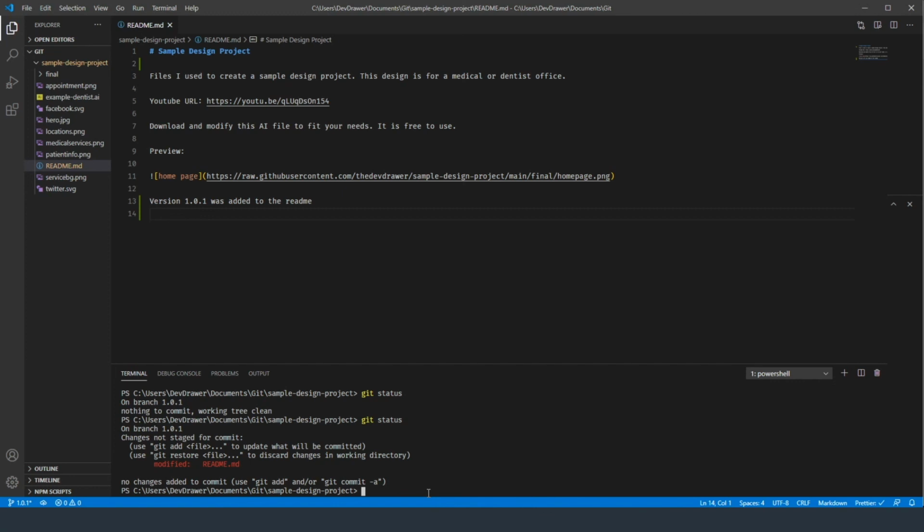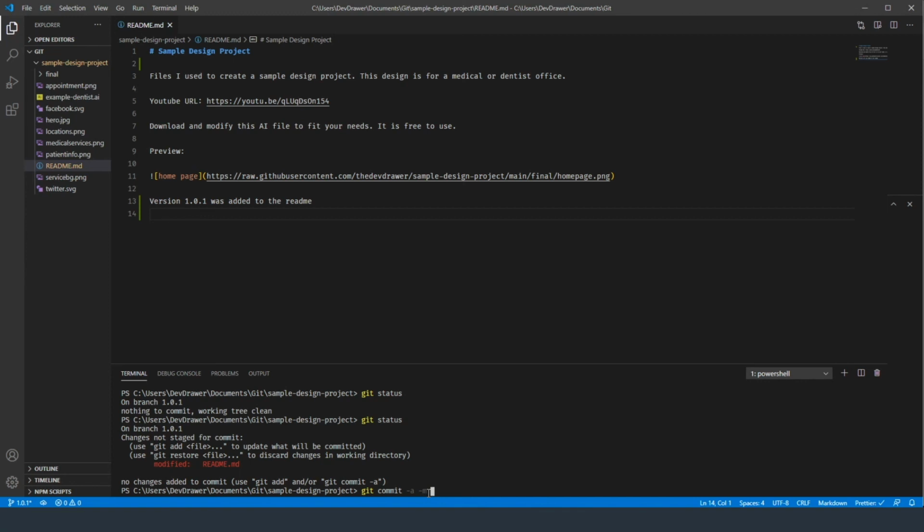It kind of commits everything, so just make sure that you're aware that it's going to commit everything. If you just want one or two files to be committed, you would actually just git commit that file name. But for right now, I'm going to do the git commit -a. So we're going to do git commit -a, and then we're also going to do a -m, which allows us